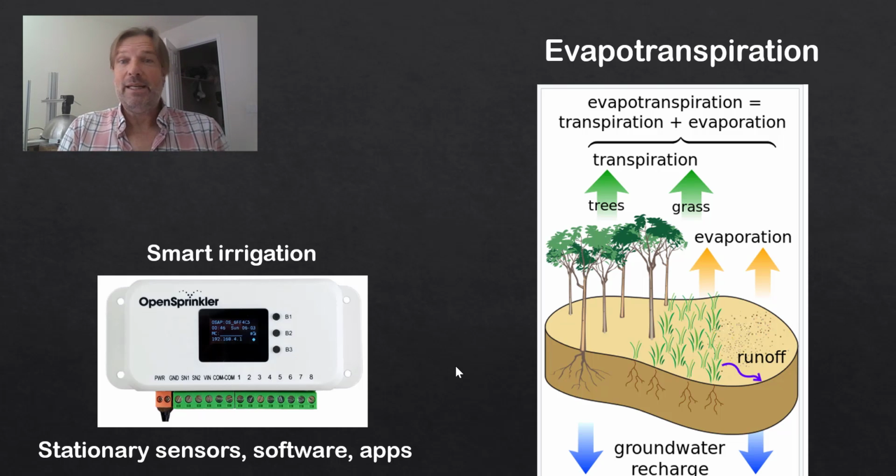So there are ways you can dazzle your client by showing applications like this and include that into your system. If you don't already have somebody in your business that knows a lot about smart irrigation systems, well, maybe that's another hire you need to look into, or affiliate yourself with a company in your area that does this kind of work, because this is really a perfect way to combine with monitoring of evapotranspiration, having smart irrigation, having